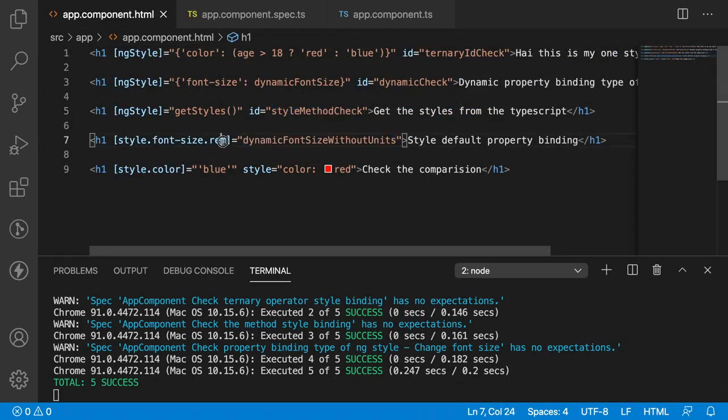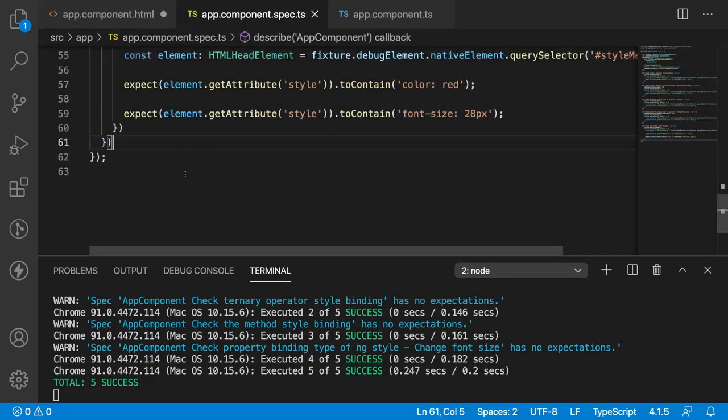So this is the property check. Whenever you are using dynamic font size without units, or with units, it's up to you. So let me use with units, and id is equal to value without or with units, and let me create one element with units.